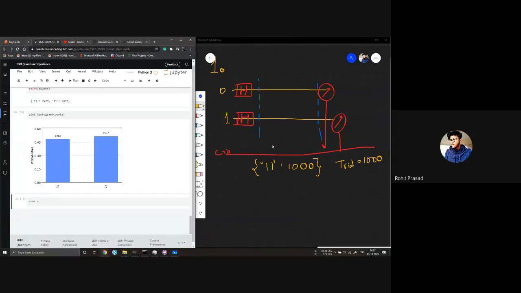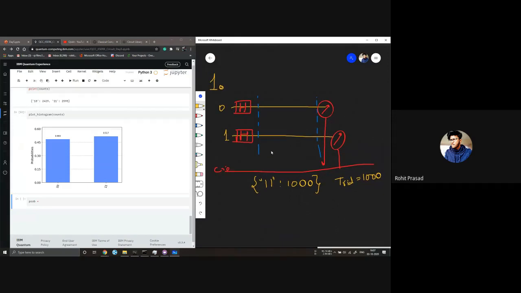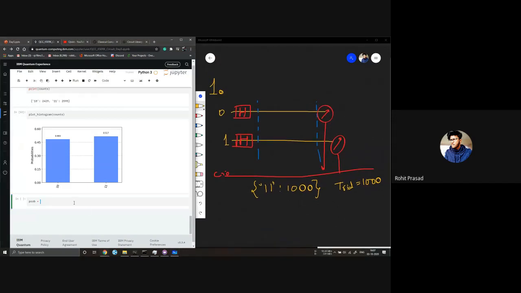Did you guys understand the problem? Half we did. Okay, so just see if you can find some circuit that does that for me. I'm going to make this in Qiskit.